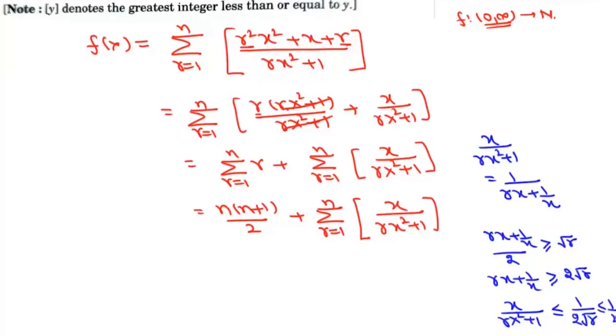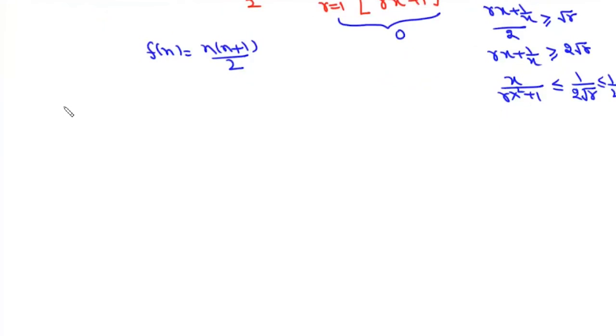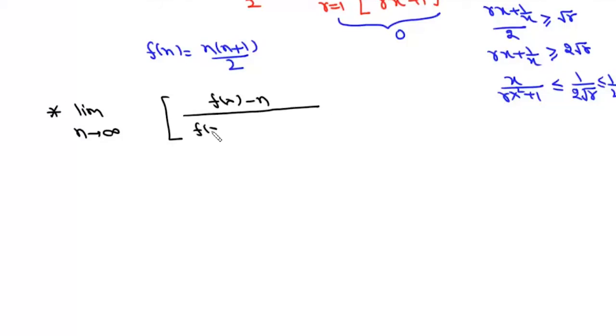Now if it is always less than or equal to 1 by 2, then the value of this greatest integer function will be 0. So basically this function f(n) is nothing but n into (n plus 1) by 2. Now we need to find this limit, which is limit n tends to infinity of the greatest integer function of (f(n) minus n) upon (f(n) square minus n cube (n plus 2) upon 4),